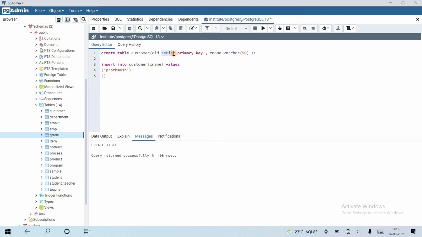The data type for CID is serial, so it will increment from 1.